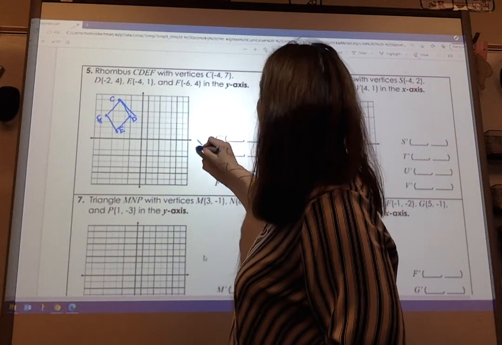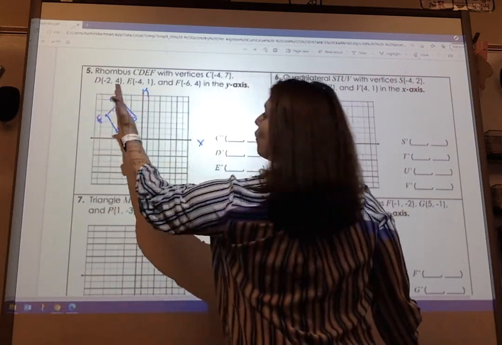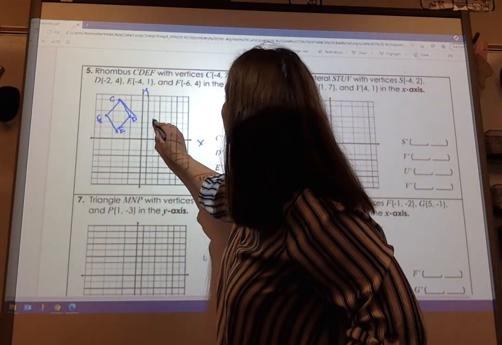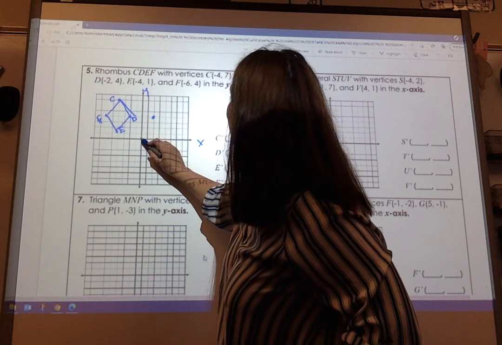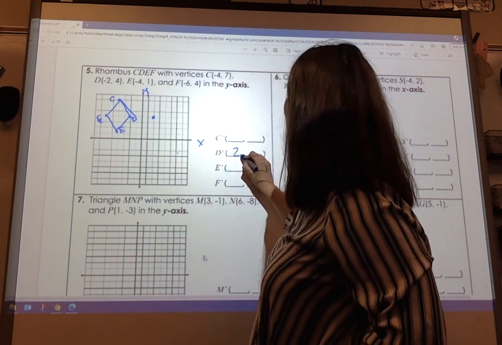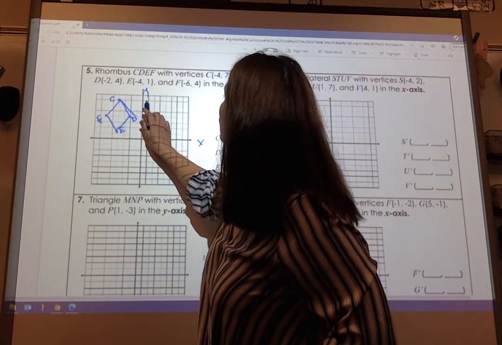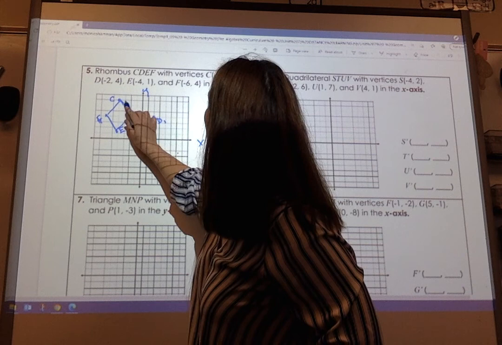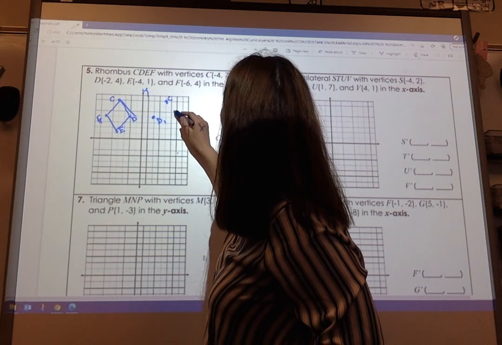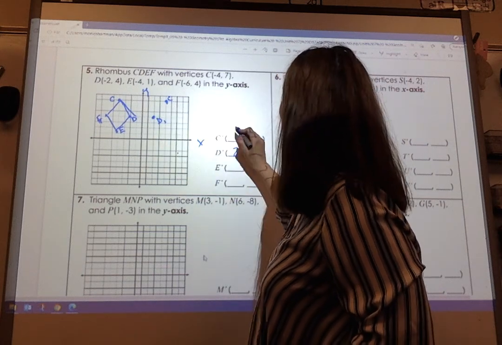All right, so now I want it reflected across my y-axis. So I would fold this over here, and what happens? My new D vertice is going to be +2, +4. That's D1. My new C value, if it's 4 units here to the left, it's still going to be 4 units to the right, but it still remains +7. So now it's going to be 4, 7,